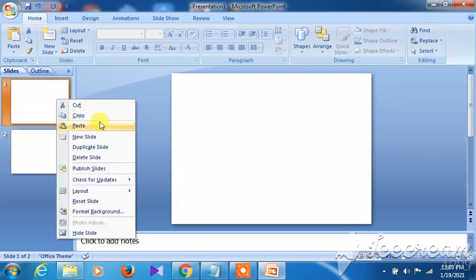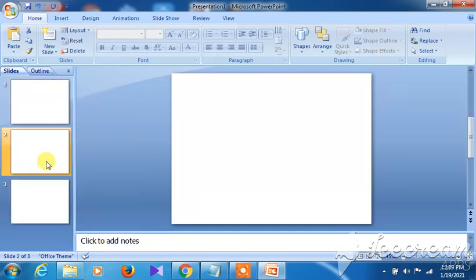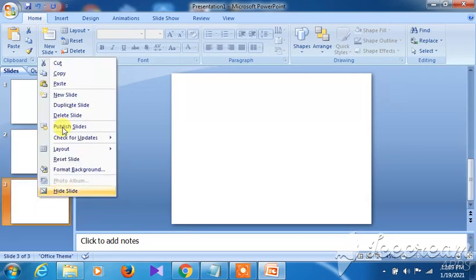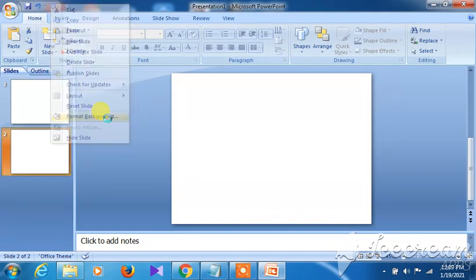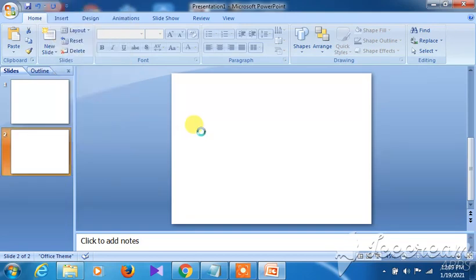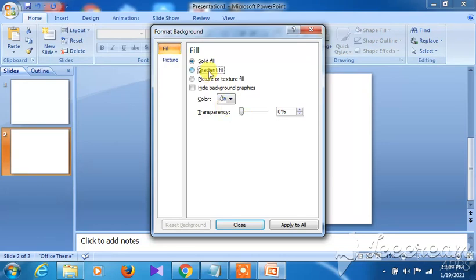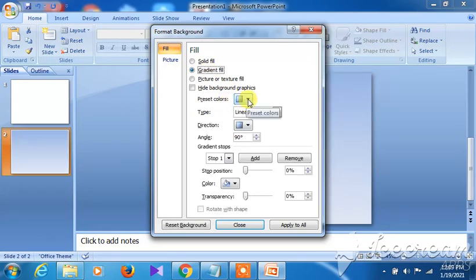If you right click over here, this is called the slide pane actually, then click on new slide, and the slide will be inserted. Right click on it, and if you want to remove the slide, you can remove it. Now suppose I am making a slide of this kind, so I'm applying from here the format background, that is also there. I'm doing gradient fill here and choosing, this is another kind of fill actually.